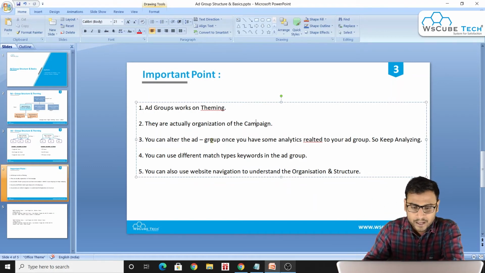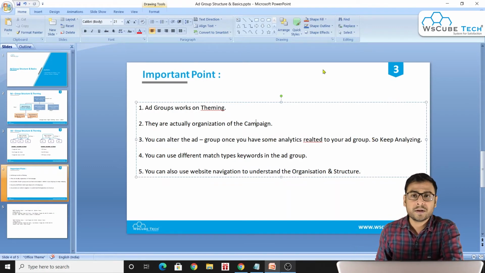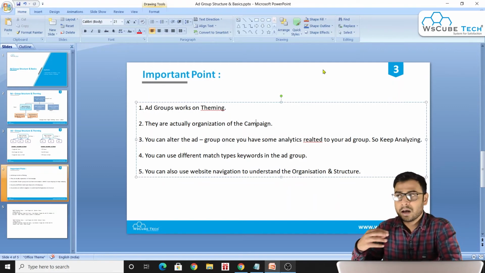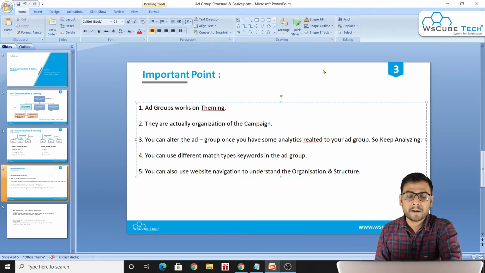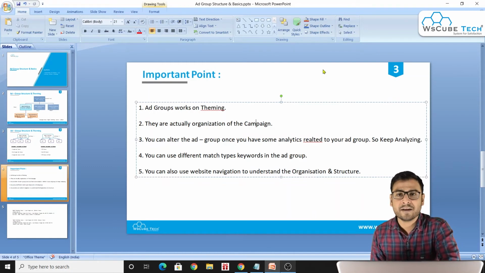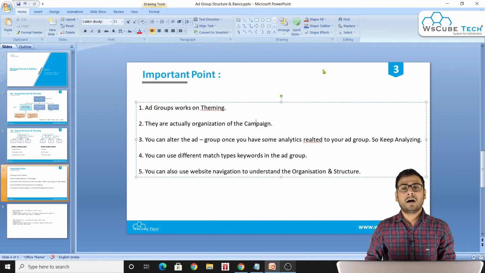You can alter the ad group once you have some analytics related to it. You can play with the keywords, change the bids, pause keywords, add new keywords, or remove keywords. If you are doing manual CPC, you can adjust the bids of your keywords. There are so many things you can do within your ad group once it is live. So make sure you make a perfect ad group in the beginning, and then read your analytics,